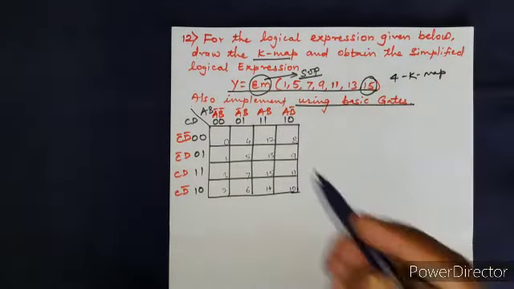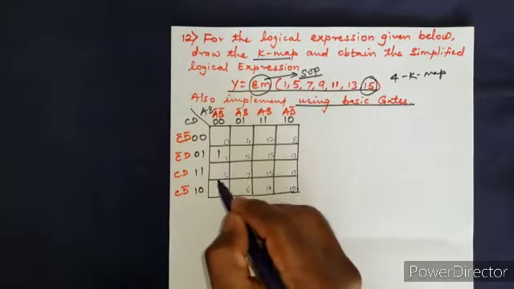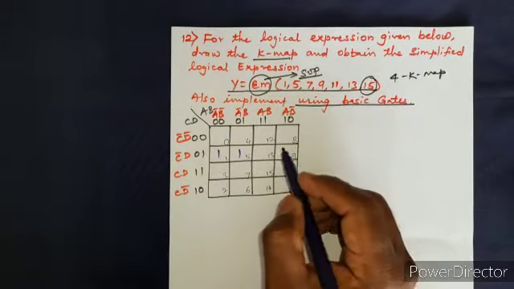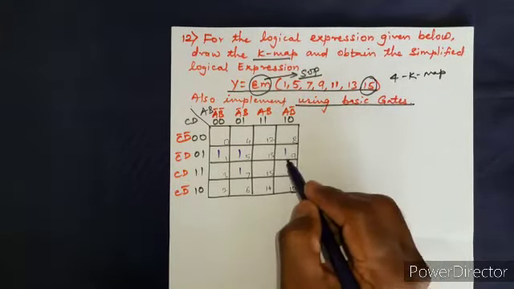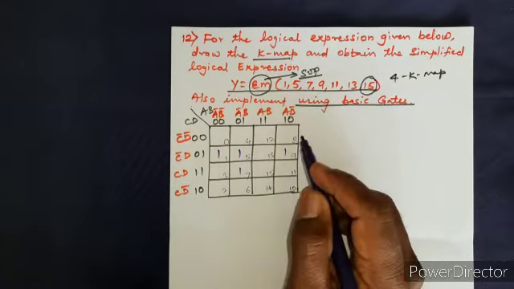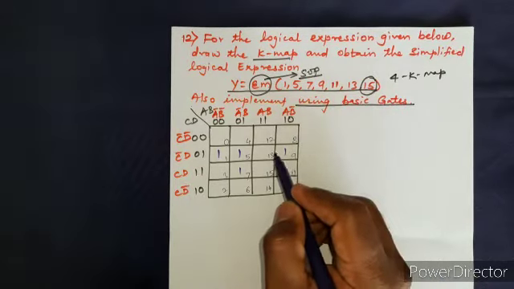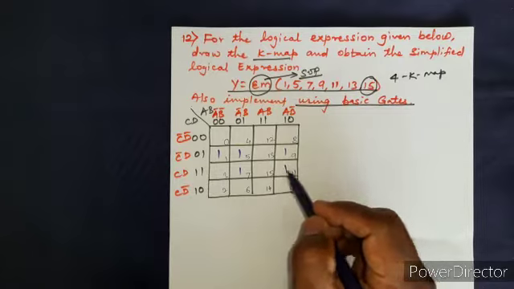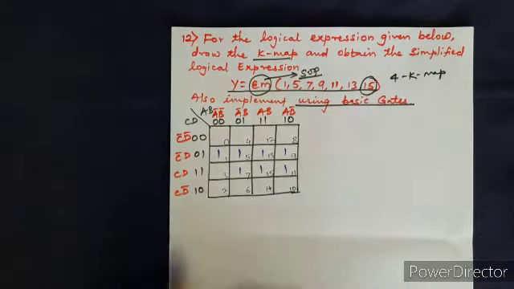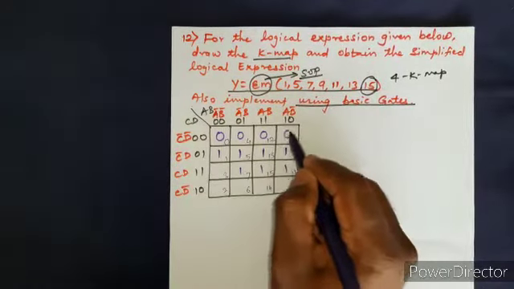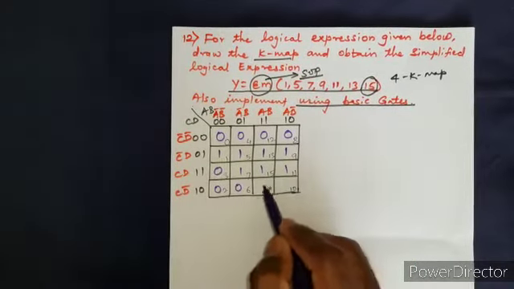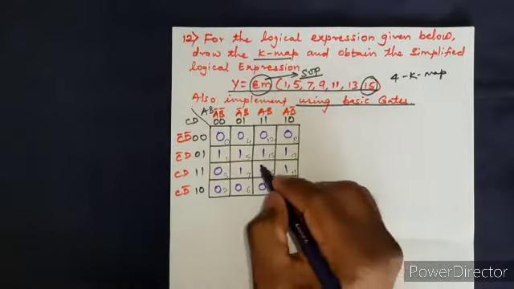Okay, so I'll just replace this 1, 5, 7, 9. Okay, then 11, 13, 15. And all others are 0. Okay,